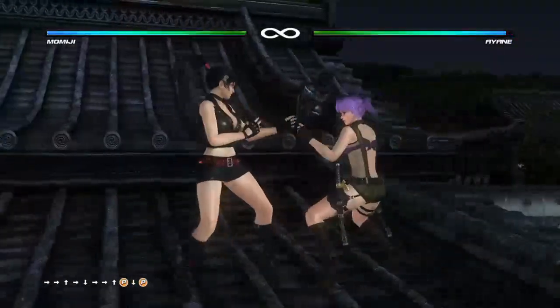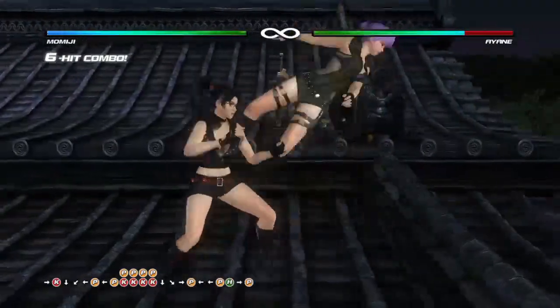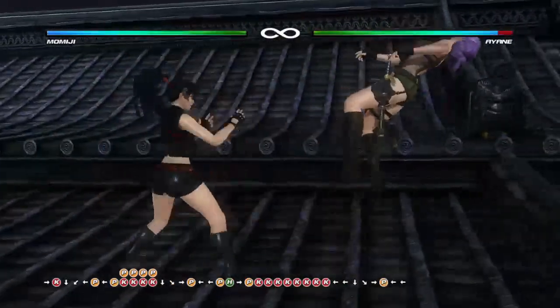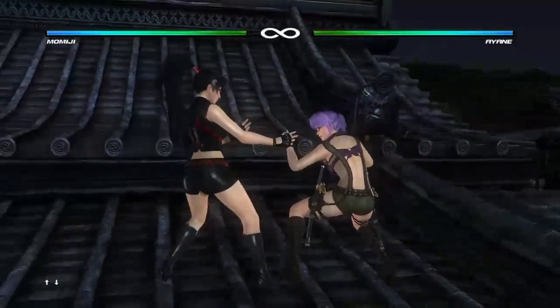If you're, for instance, in front of a wall, what you end up using instead is 236P, 44P, and 6P KK K. So yeah,